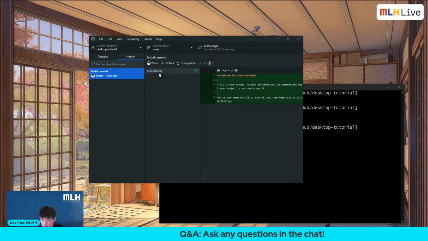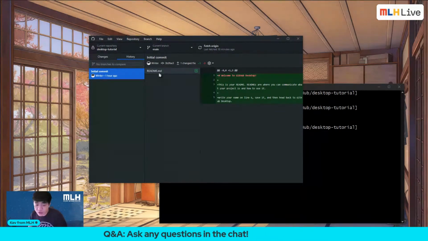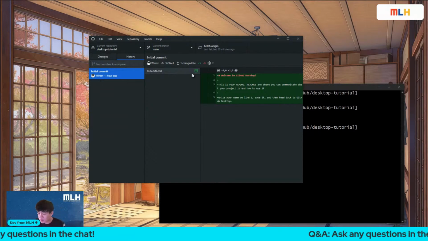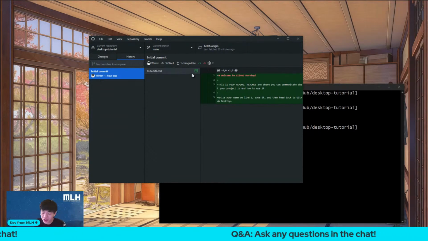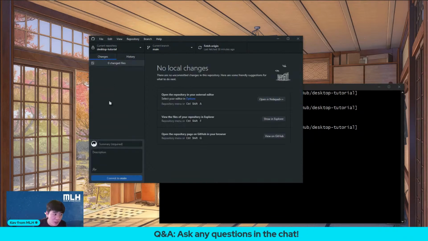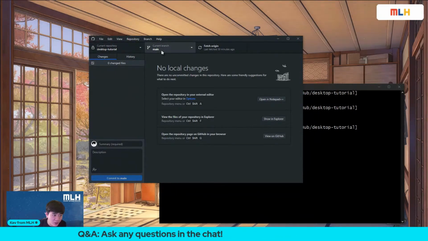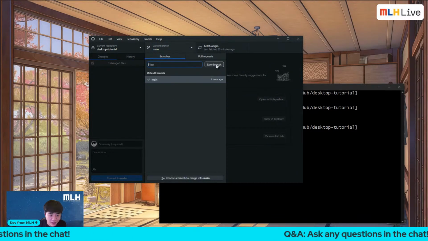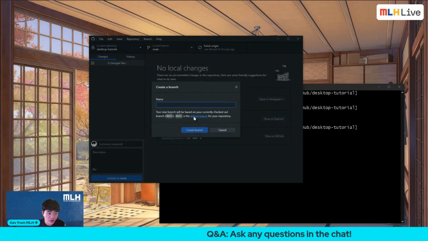This is the really good part. The part that makes version control systems really important is that you get to keep track of all your changes. So let's say when you're coding and something goes wrong, you can always go back to a previous version. So I'm going to first pretend I'm doing something. I'm going to first create a branch, right? So I'm going to do it here. So I will just create a branch